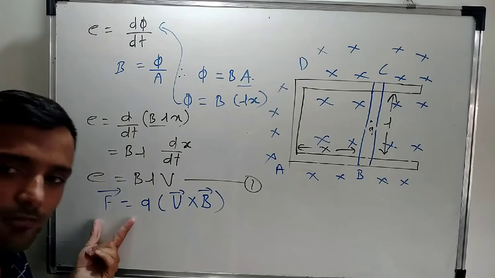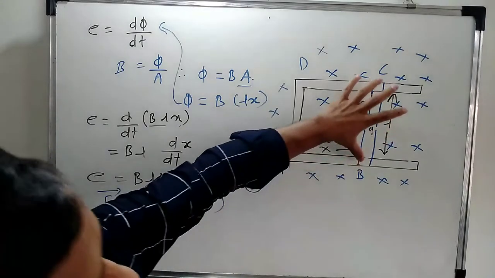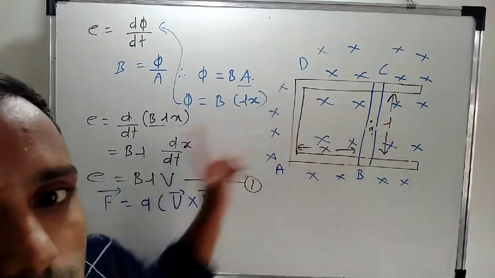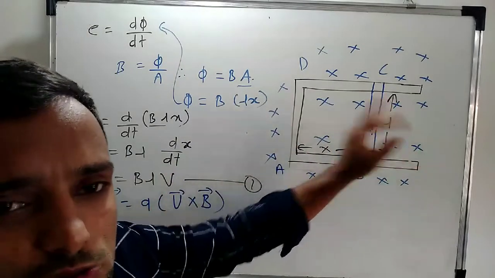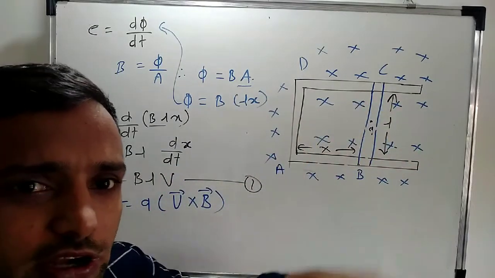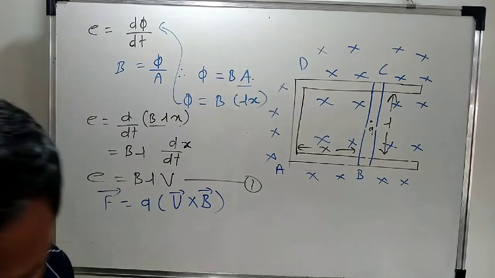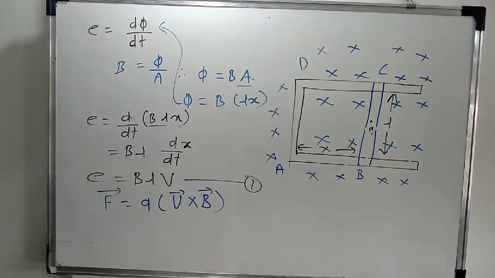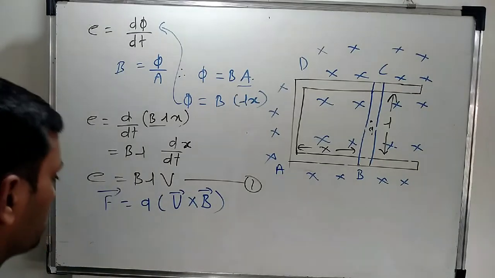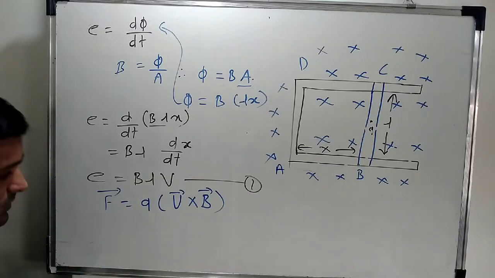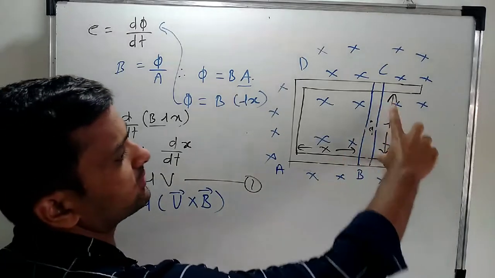So force is applied on the charge. Displacement along L takes place. Force is applied, displacement along L takes place. It means work is done. So what about the magnitude of the work done? The magnitude of the work done is given by force and the displacement.